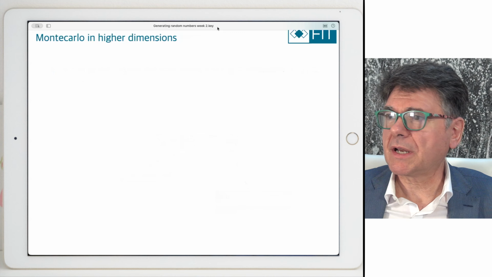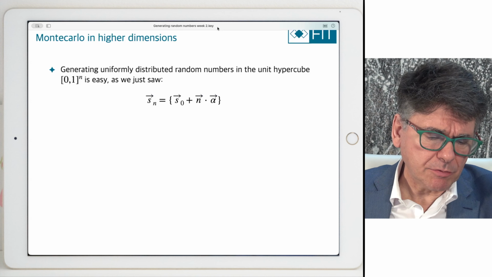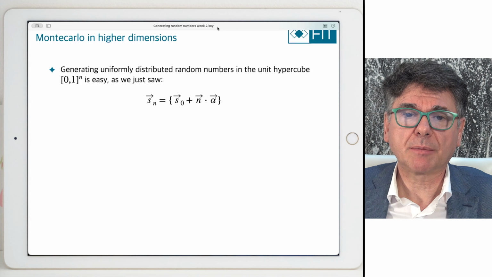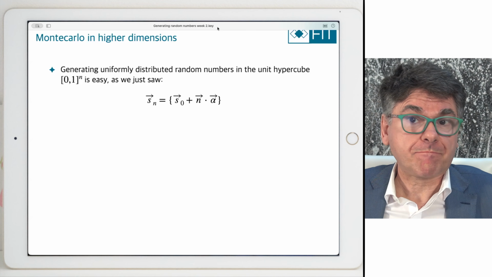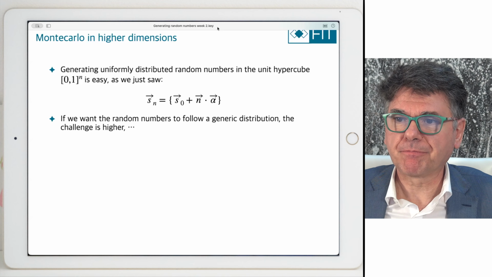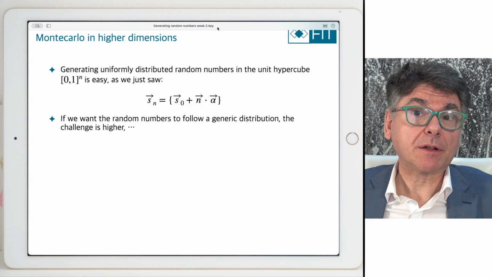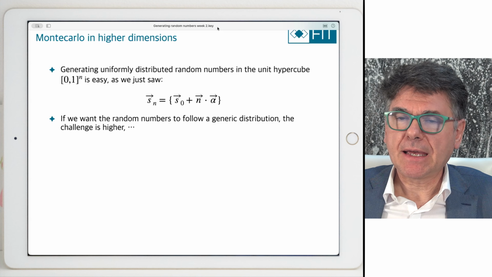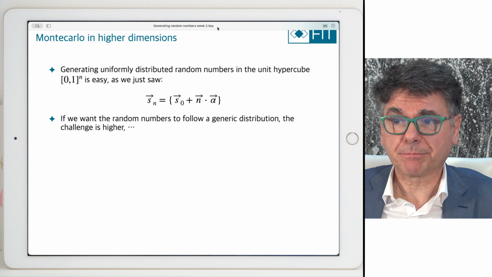Now, what is perhaps interesting to point out is that when I do things like that, what I end up generating is random numbers on a hypercube. That's what that does for me. And again, this is the result of a very nice algorithm. And again, these are not random. They are better than random. I'll explain why. But there's a problem here, which is that the higher the dimension, the more difficult these things become.